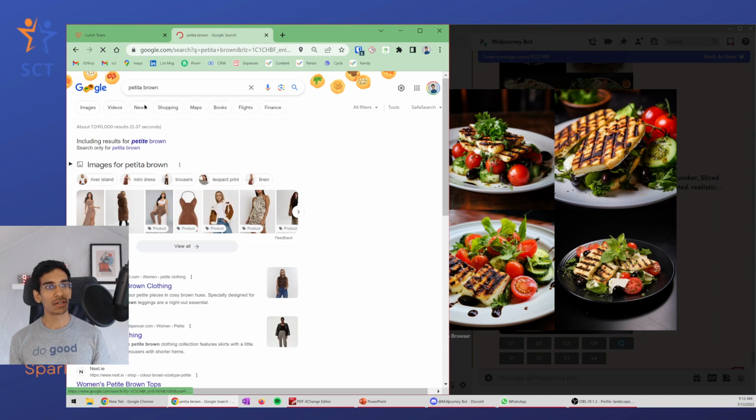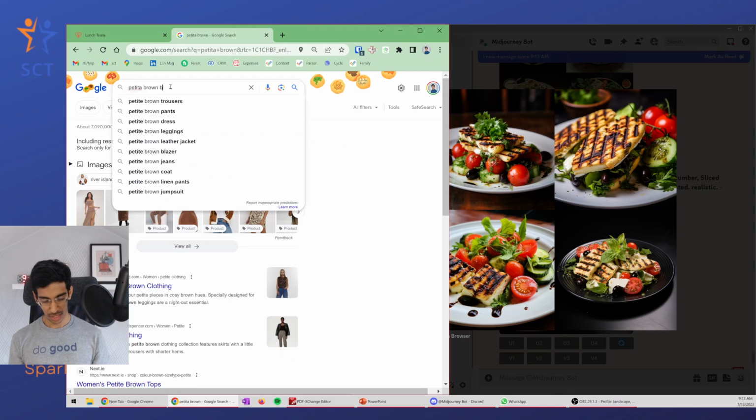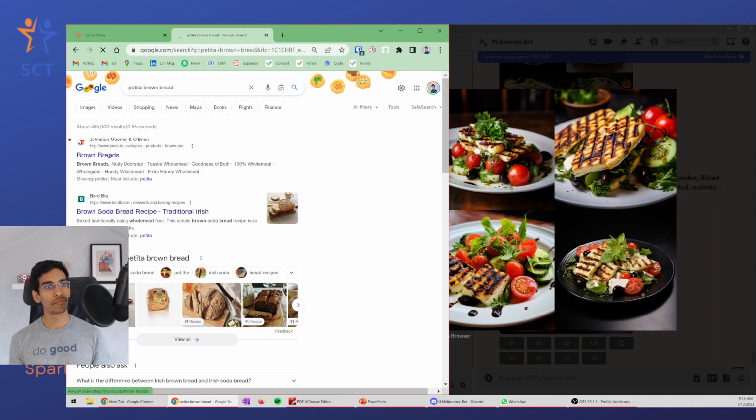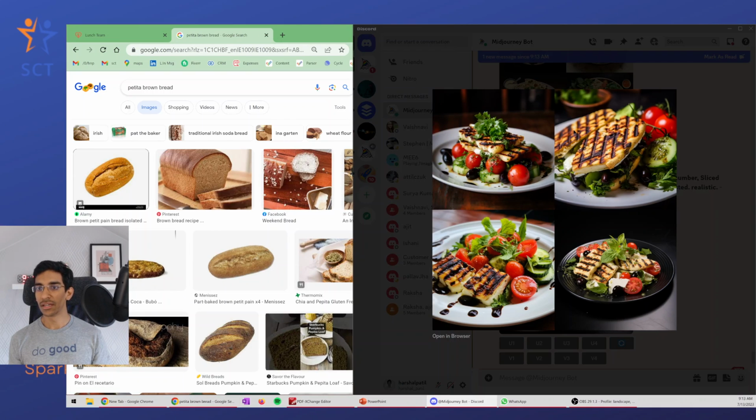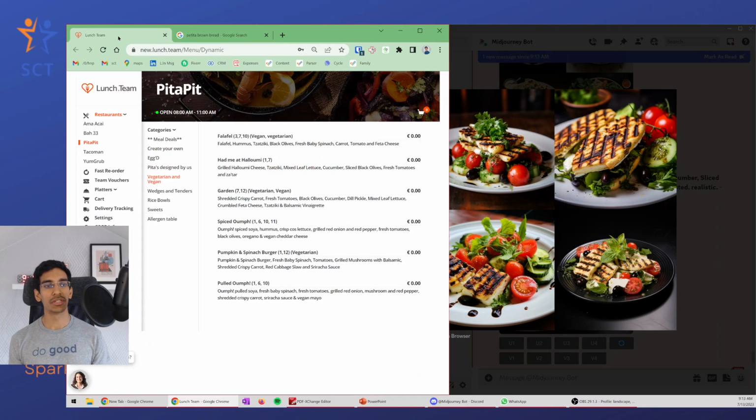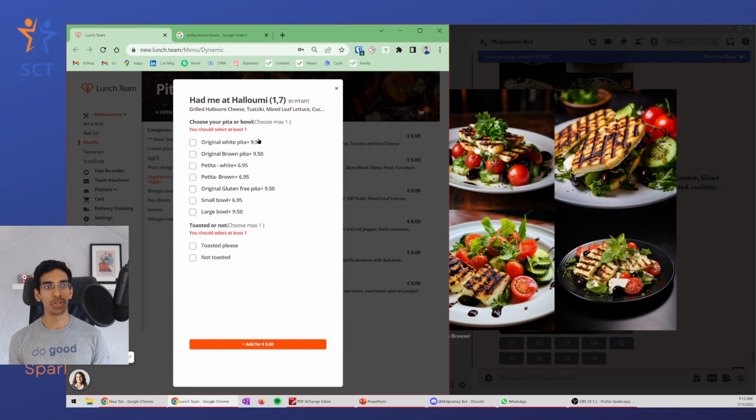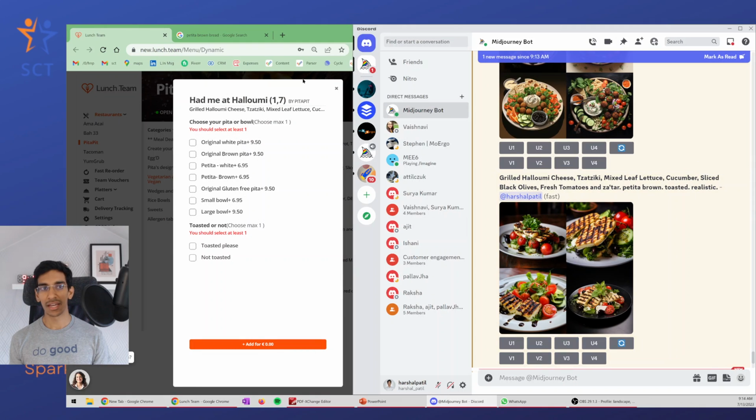I assumed it's a bread. Okay, none of that makes sense. And maybe that's why it also didn't make sense to Midjourney. What were the other options? Original white pita. Let's try that. Original white pita sounds more